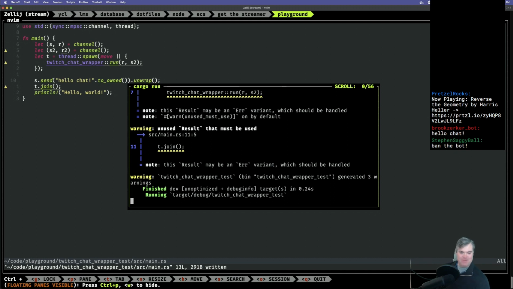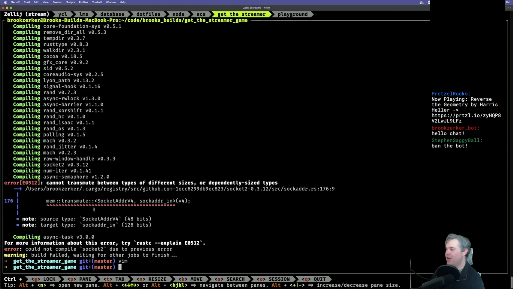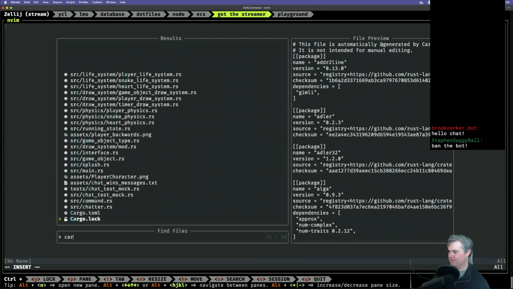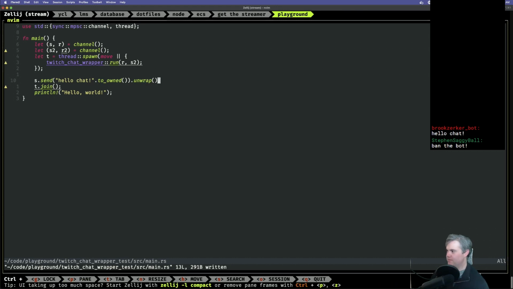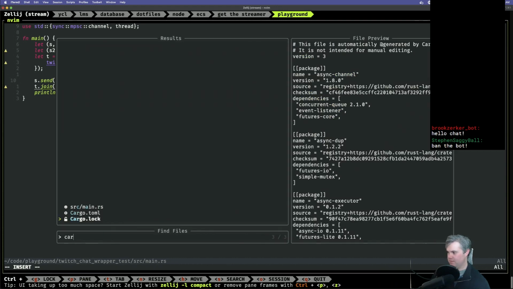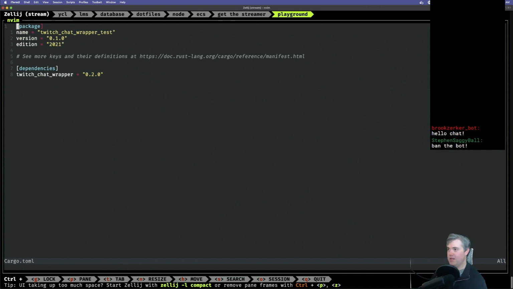Ban the bot. Okay, so this is telling me that this is not the chat thing that's not working for me. Interesting. So in Get the Streamer game, we're using the same version, I believe. Twitch chat wrapper is 0.2.0, and then over here, 0.2.0. Okay, so